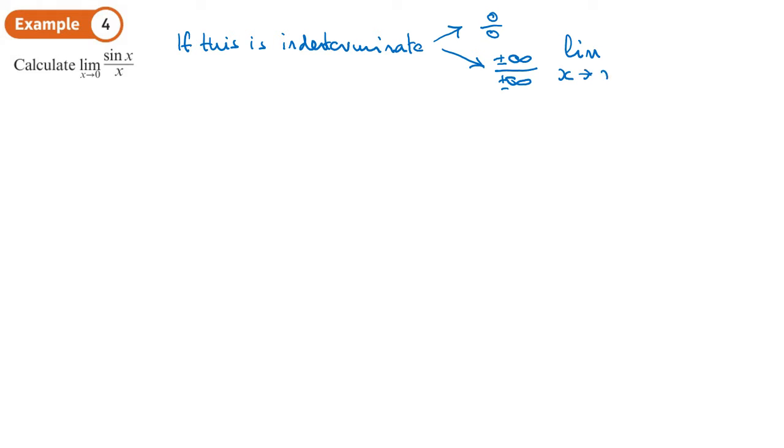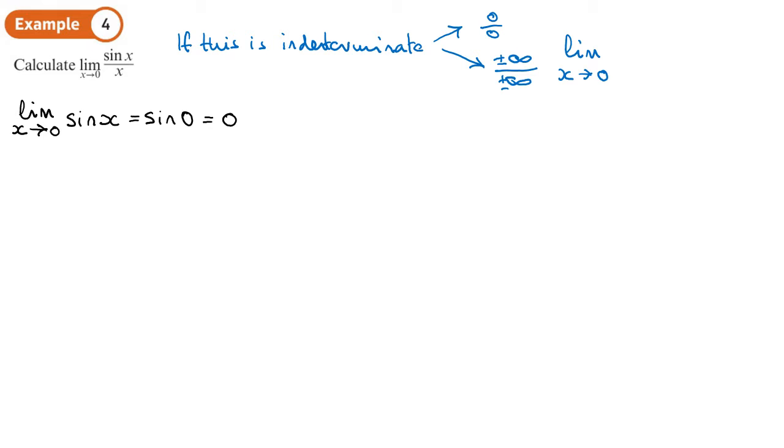So we need to look at the numerator and denominator separately. So first of all, let's look at the numerator. As x tends to 0 of sine x, what will happen? Well, that will tend to sine 0, and sine 0 we know is 0,